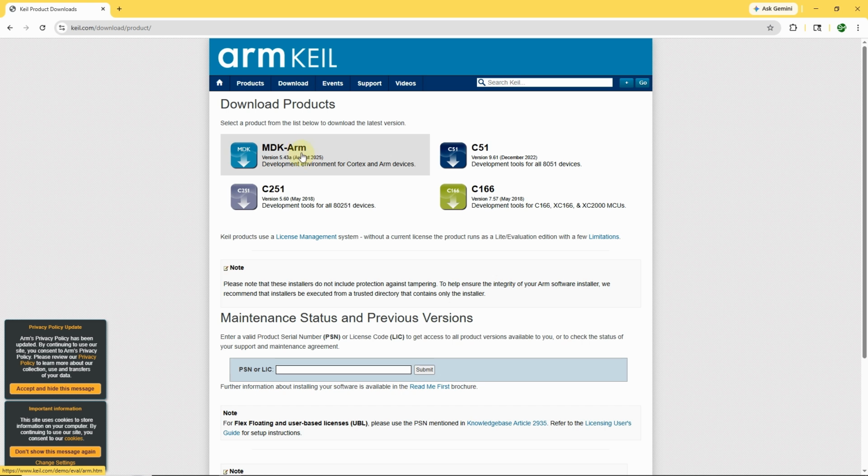This is dedicated for all the microcontrollers based on ARM processors, especially microcontroller devices like STM32 F series, LPC series, NXP series, etc. All those microcontrollers are based on ARM processors. So for those microcontrollers we just require this particular MDK-ARM version. Just click on this,